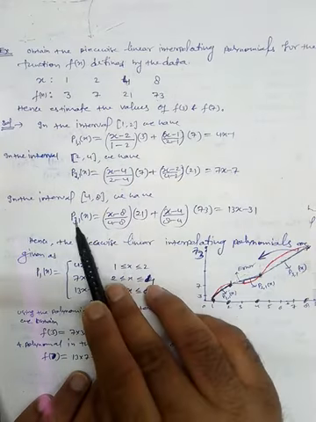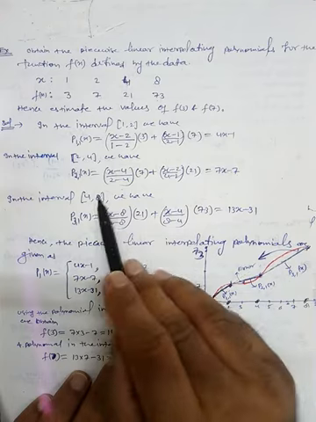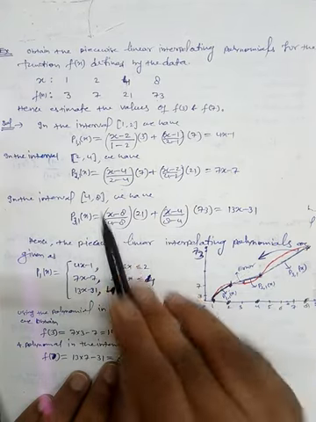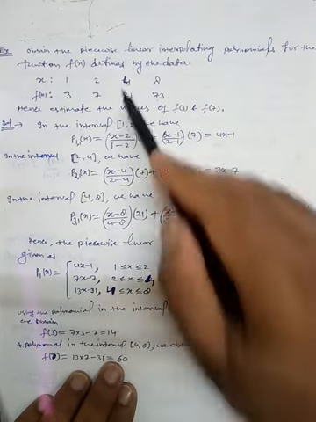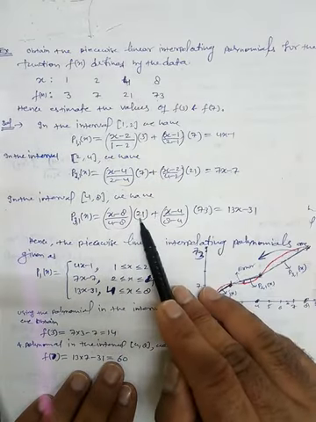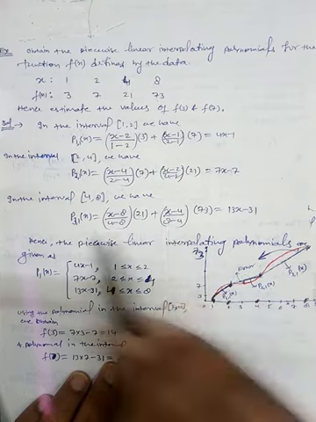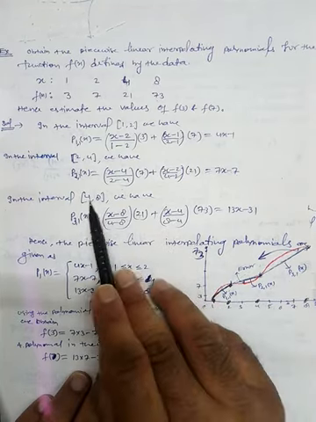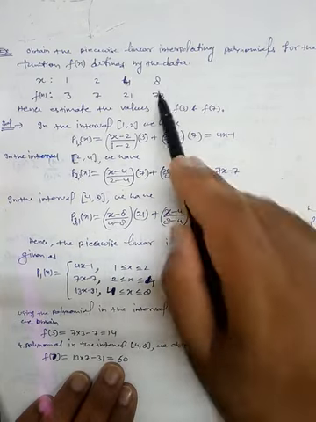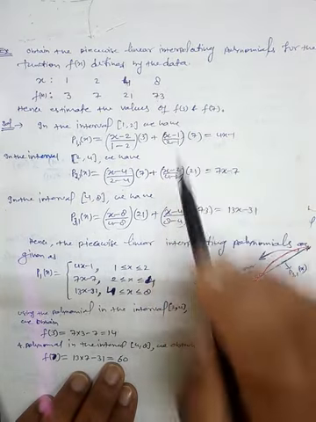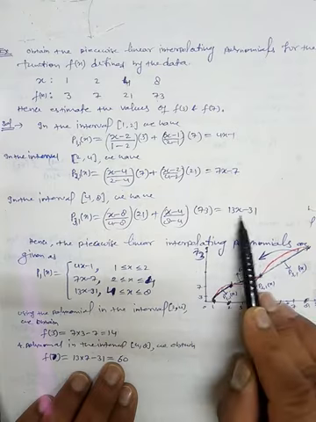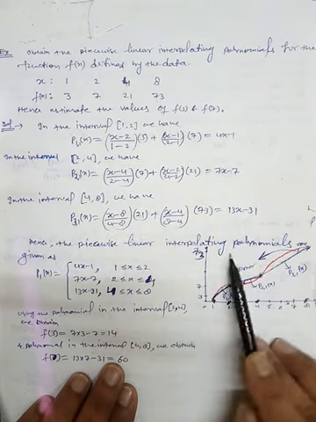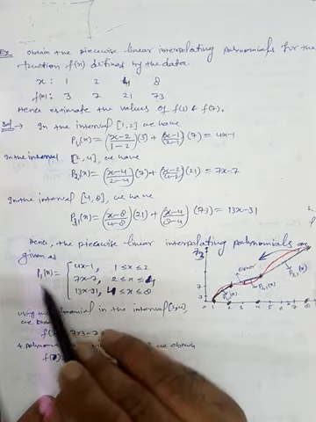So here P31(x) is (x minus the endpoint) divided by (4 minus 8), this 4 minus 8, multiplied by the value of the function at point 4, which is 21, plus (x minus the initial point 4) divided by (8 minus 4), 8 minus 4, and the value of the function at point 8 is 73. Simplify, we get 13x minus 31. Okay, so hence the piecewise linear interpolating polynomial is denoted by P1(x).